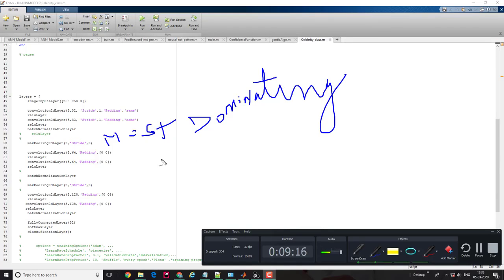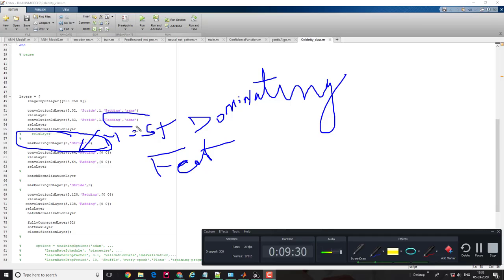It's an important part of when you design your convolutional neural network. Padding same means you just add one layer on the corner of the images so that it won't miss any pixel information. So this is my first block of the convolutional neural network.